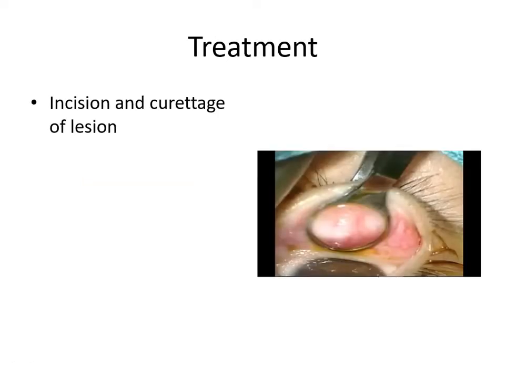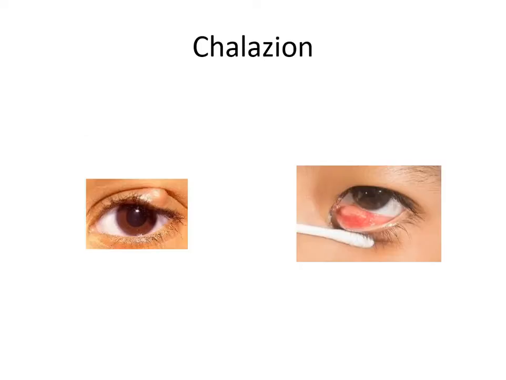So whenever this case is kept, what are the questions asked? The examiner will ask you, how will you differentiate between a chalazion and a stye? Chalazion, as I told you, is a pathology of the posterior lamella of the lid. When you recollect your anatomy of the lid, the anterior lamella and the posterior lamella of the lid unite, and the separation is seen as a gray line on the margin of the lid. The structures in front of the gray line form the anterior lamella of the lid, and the structures behind the gray line form the posterior lamella of the lid.